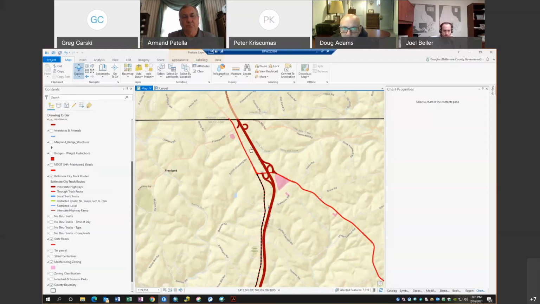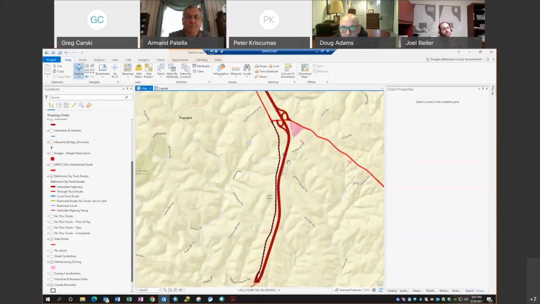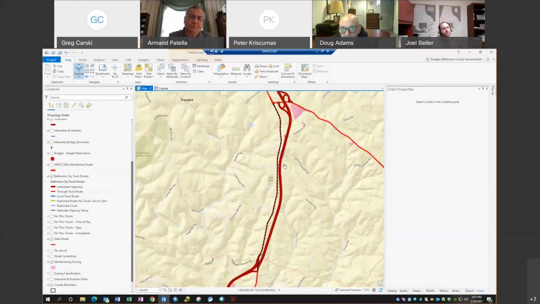The weigh station, I think, is just below Maryland 439. Yeah, I think you're right. So that's why the state has restricted this piece of York Road. Like I said, I don't think there are any constraints on it. They just want people to get weighed.